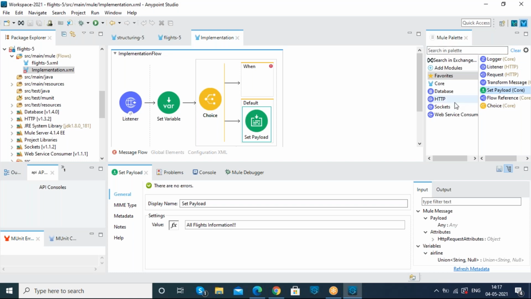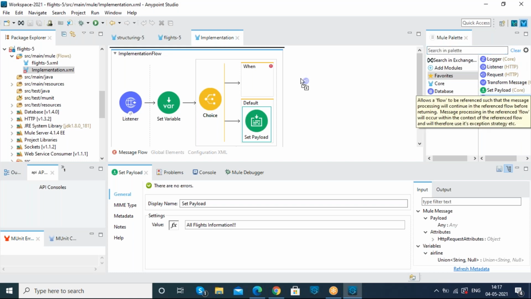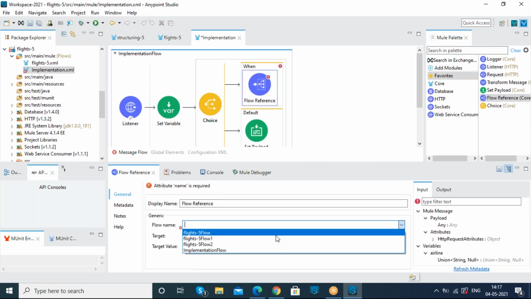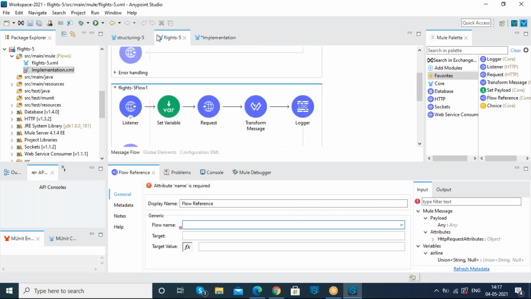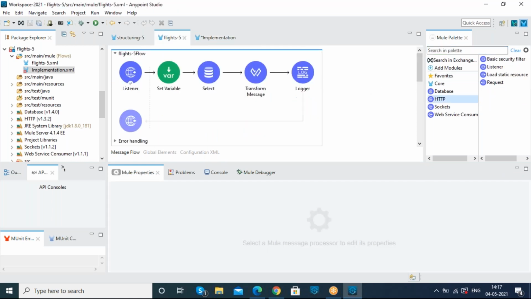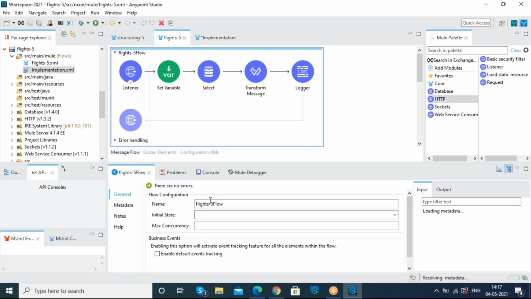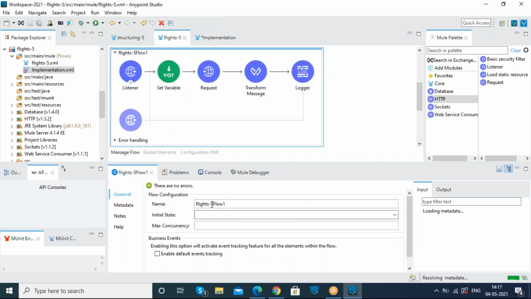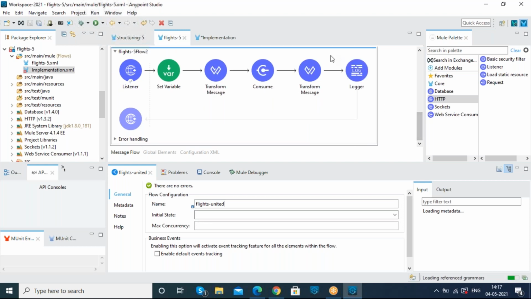So here there are three flows, and in order to call those three flows, we are calling the flow reference connector here. In order to identify these flows at the starting point, I will change the name of the flow over here: American, United, Delta.